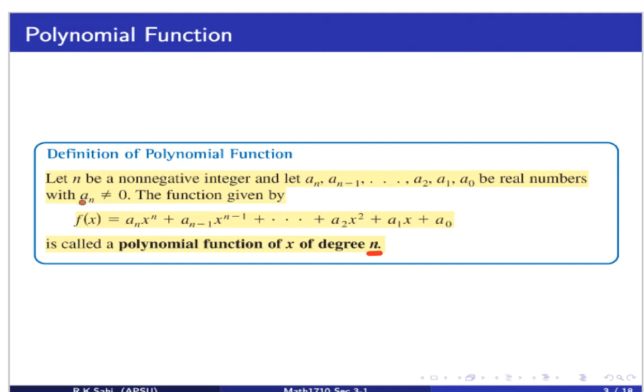These concepts, guys, are very important. The a sub n has to be non-zero for this function to be a polynomial of degree n. Also, the variable here is x. Then the coefficients, or basically we call them the constants, are real numbers. They are a sub n minus 1, dot dot dot, a sub 2, a sub 1, and a sub naught. And this n, guys, very important in our polynomial function, is a non-negative integer. Remember, non-negative integers means you can have 0, 1, 2, 3,